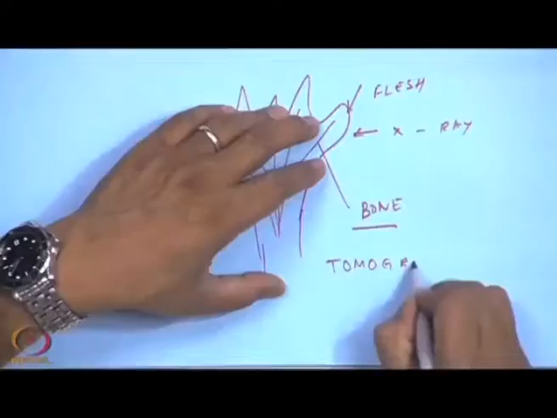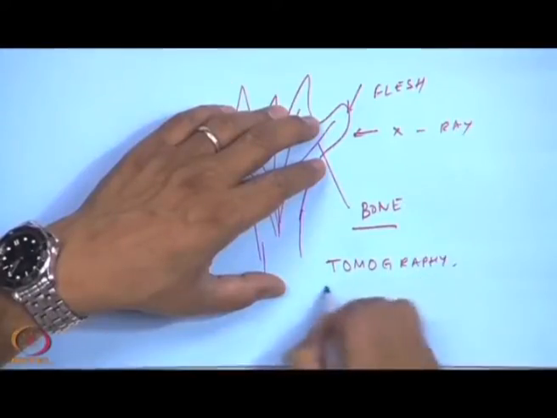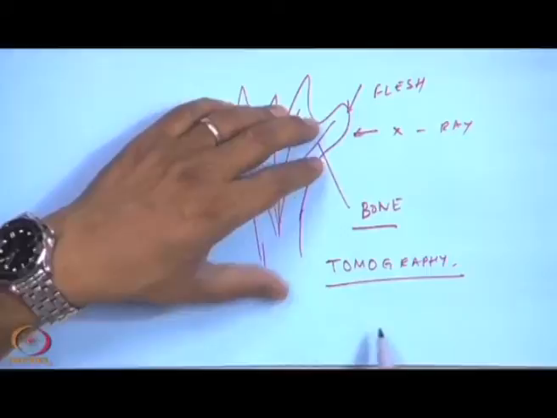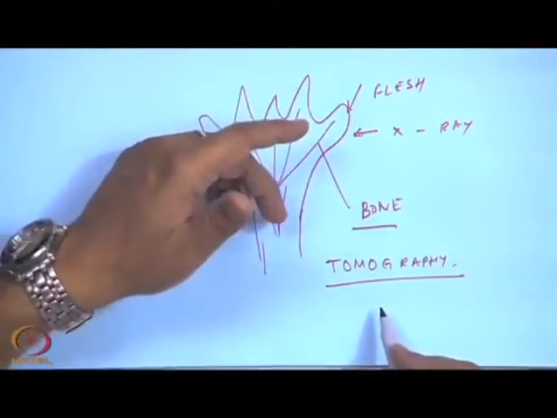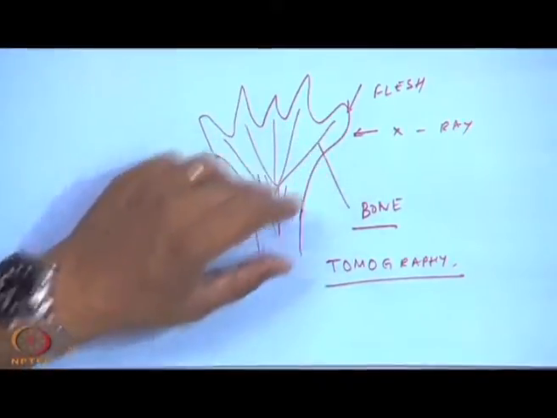Then the image can be formed on an X-ray film or photographic film, or nowadays of course, people are using computers, digital imaging to capture these X-ray images, and then of course, there is a method known as tomography, wherein you can have a digital image captured through a computer of the X-rays which are incident on a